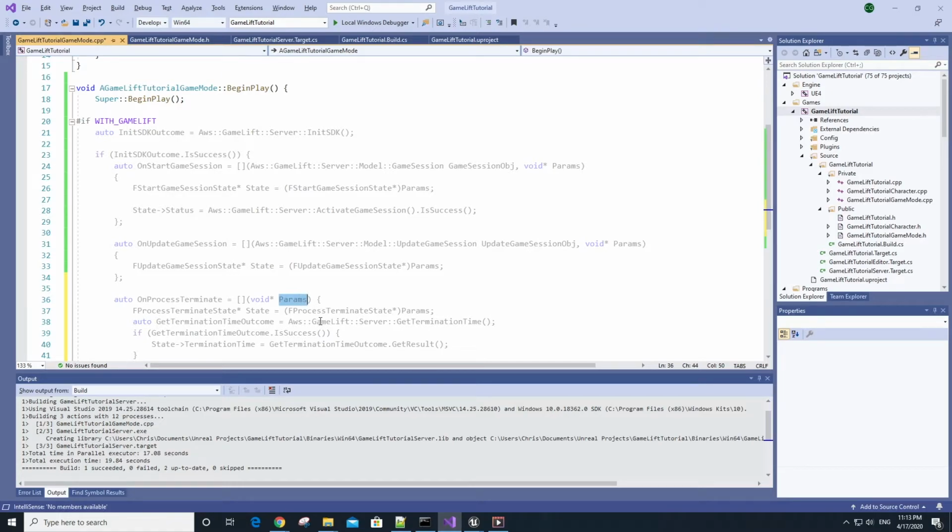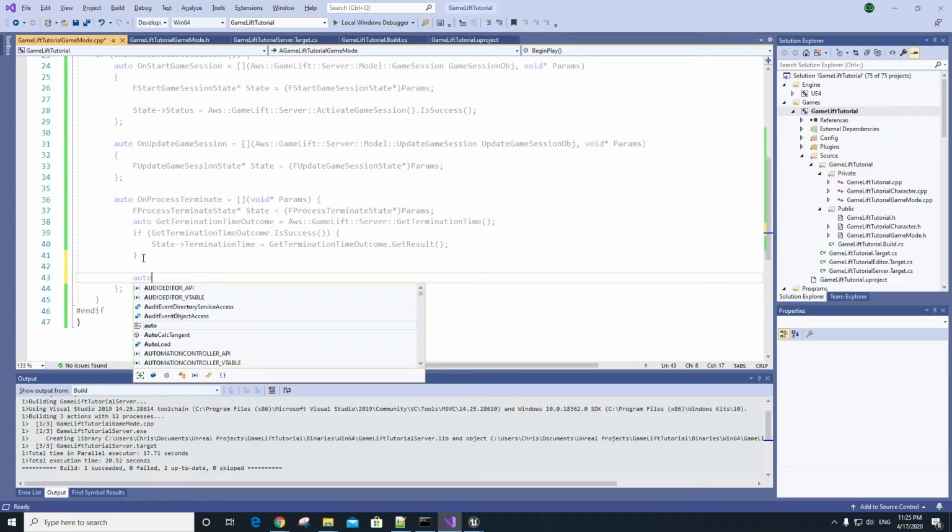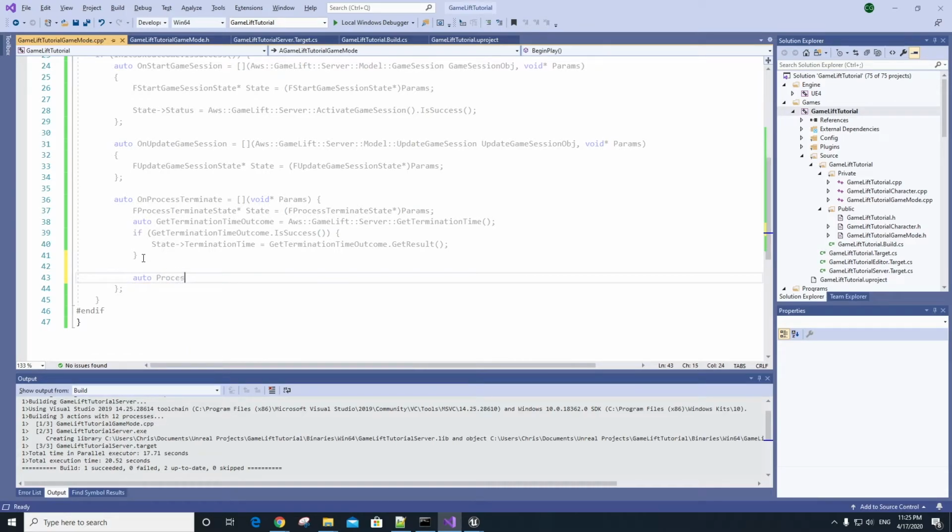This is again important because you won't do things like cleanup and notifying players in this callback function. It will be outside this callback, so you need a way to relay the information back to the server. And something we need to do in this function is call the process ending function. To do that, type auto process ending outcome equal AWS GameLift server